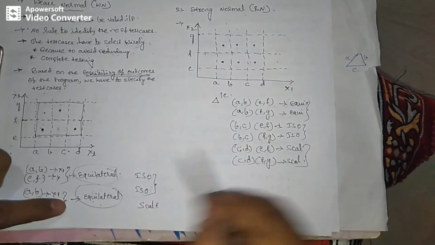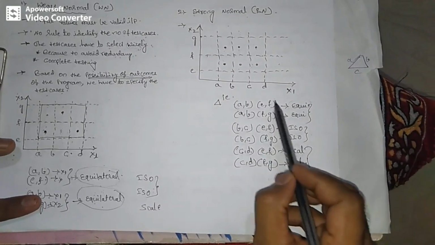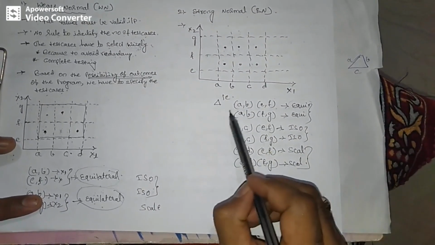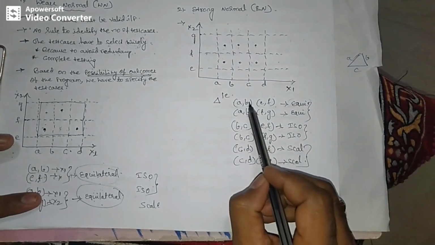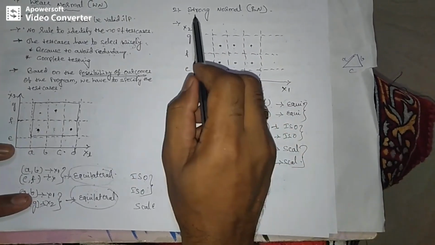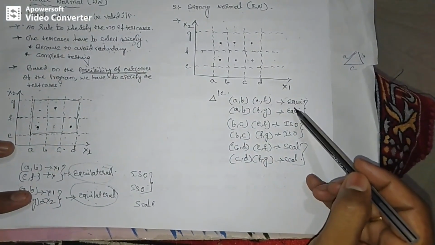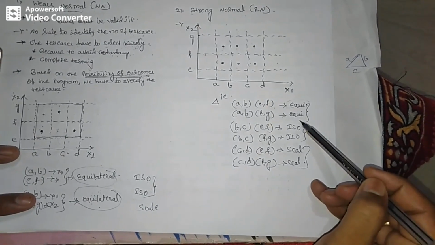Now compare these two examples. If I select a value from this partition, I get the output result equilateral. If I select a value from this partition, once again I get the same output result. So if you write the test cases for these two partitions, there is a possibility of redundant output results. Therefore, under the strong normal test cases, obviously we are selecting all the partitions. When you select all the partitions, there will be a possibility of redundancy of the output result.